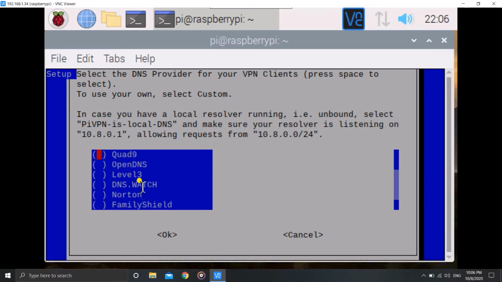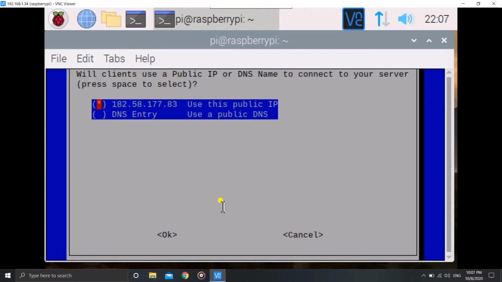You can use any of these, all are good. Even OpenDNS is good, the second one, the Norton is good, all are good. But as you all know, Google is Google. So I will hit space after bringing my red marker on Google and hit enter. Remember, space is the key to select, just remember that.